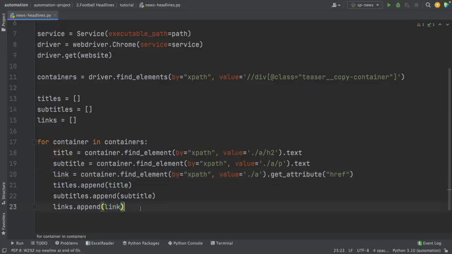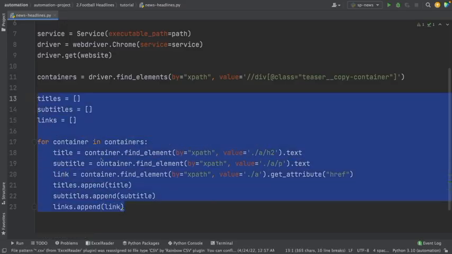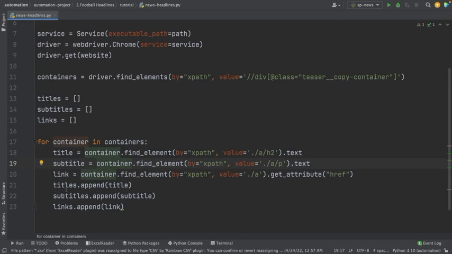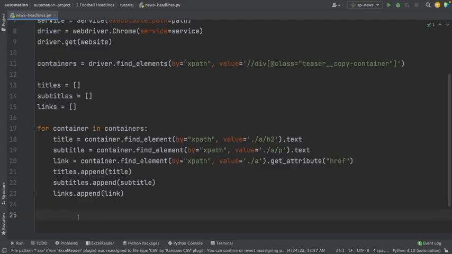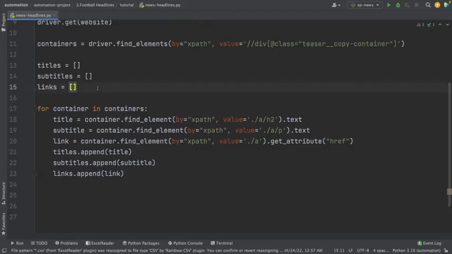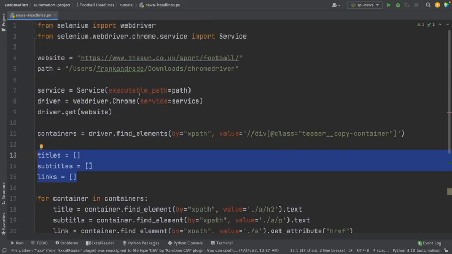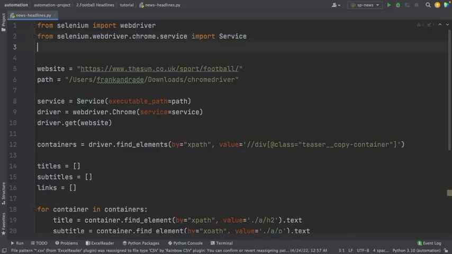So this is what we have, and this is how we append each element to the list in every iteration. Great. At this point, all the lists are filled with the elements in this iteration. So what we have to do now is build a data frame with these lists. And to create a data frame, we have to use a library named pandas. So I'm going to write here import pandas